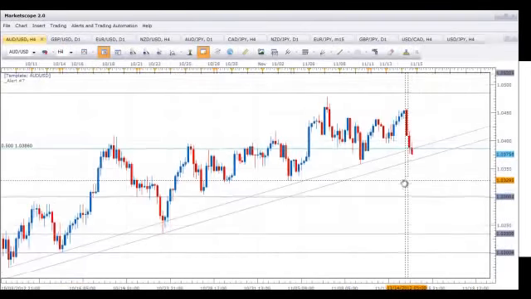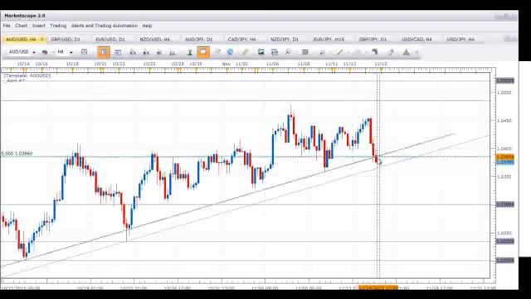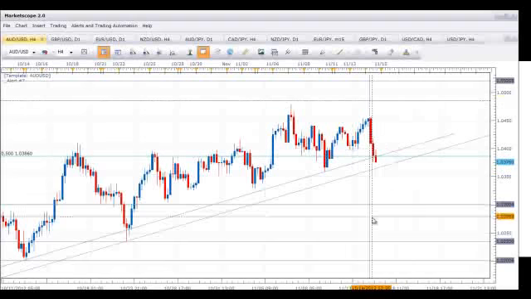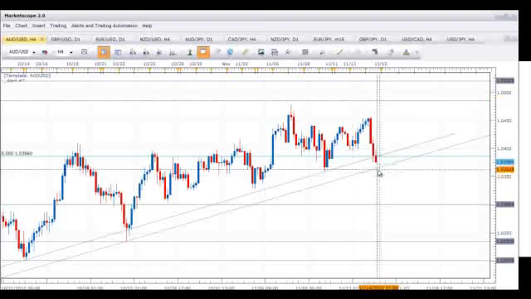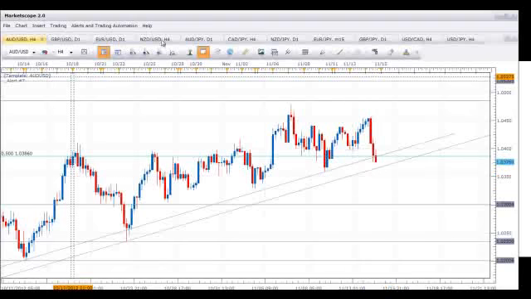It will be key heading into Asian and European trading to see what kind of price action we get at these levels, and see if we get a continued push lower, or if we get a bounce from these levels, and we could see a push higher and then right back into this wedge-like realm. But if we do break below the trend lines here, we could be on our way to 103 followed by 102.35.